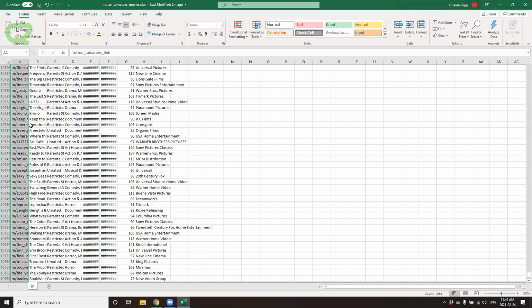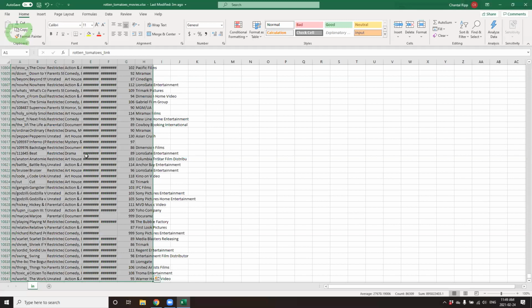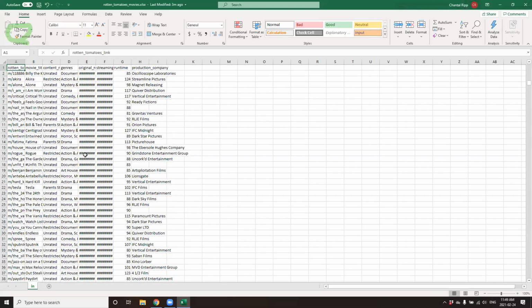Similarly, if you do Control-Shift-Right arrow, it will highlight that row until it comes to a blank cell. And if you do Control-A, it will highlight your whole table. So this could be very useful when you're working within certain functions. And we'll be using some of these keyboard shortcuts throughout the presentation.